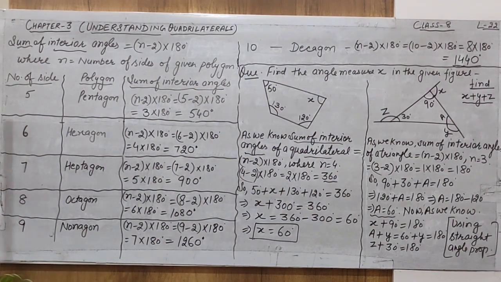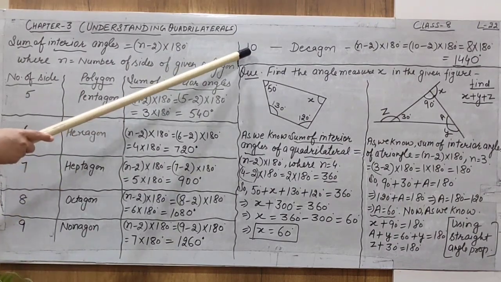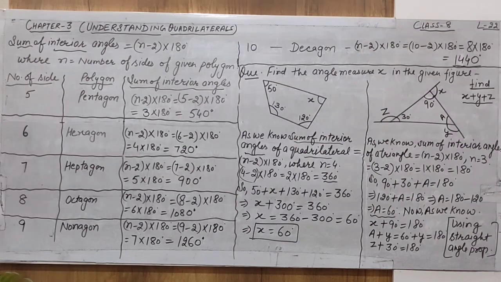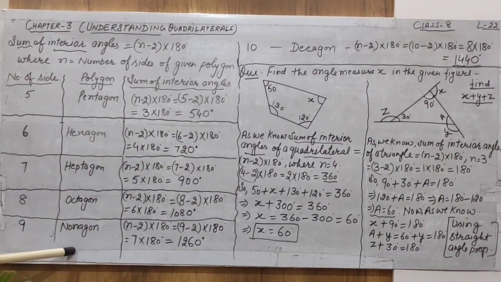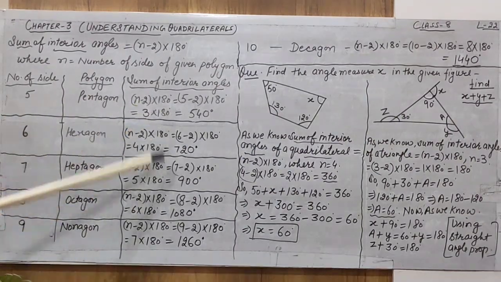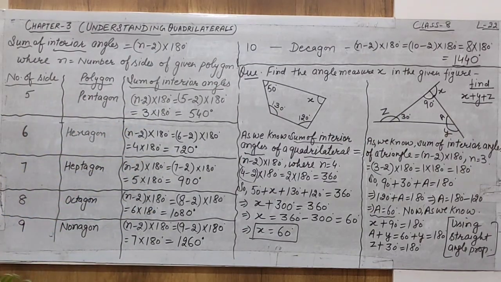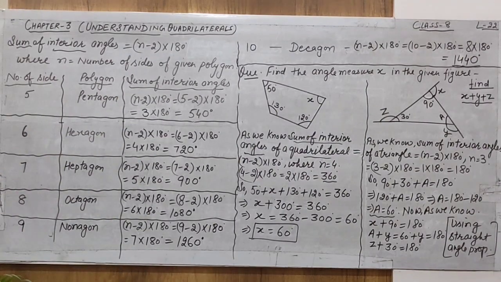So this is the method to find out the sum of interior angles of a polygon up to 10 sides. I thought you understand how we can find it. In a similar way, you also make a table for the number of diagonals of a polygon, as I told you yesterday. Using the formula for the number of diagonals, you can find all the diagonals of the polygon for each number of sides. You must make a table for that also.